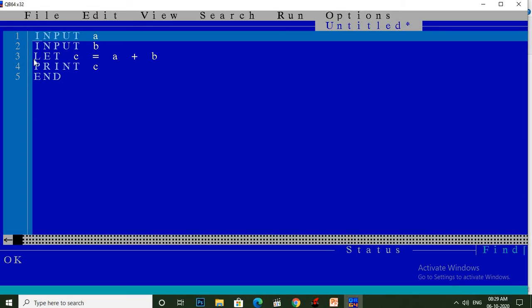Now close this. Now next topic is output statement. In output statement there is one statement, that is the PRINT statement. The PRINT command is used to get the output of the program. The output of the program is displayed on the output screen.